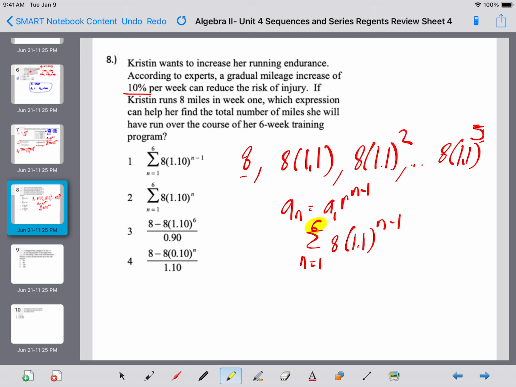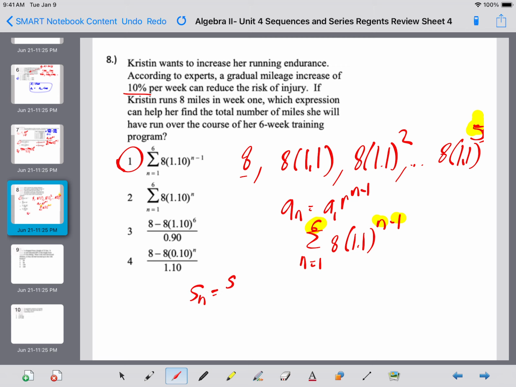And imagine this. Imagine you plugged in 6. 6 minus 1 is 5. That's why it goes to 5. Does that match 1 to 6? 8 times 1.1. Yeah, that matches. Answer is 1. Let's just, for kicks,